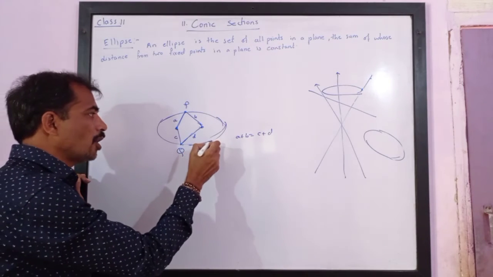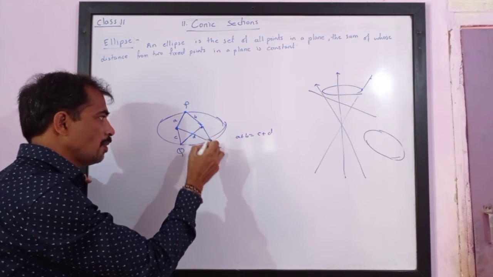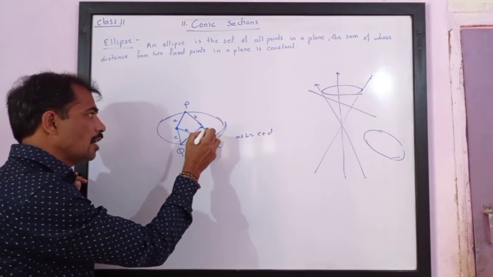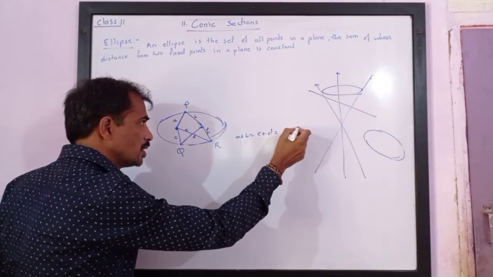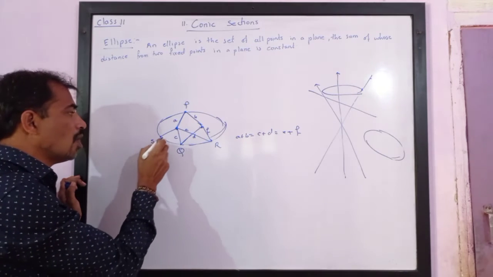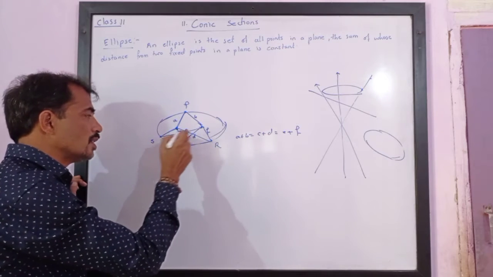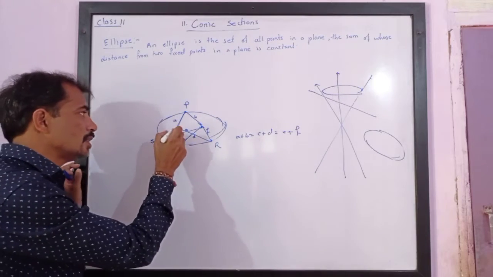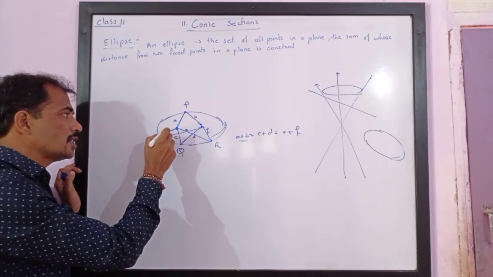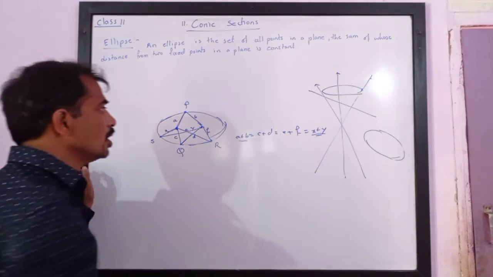Or if you take any other point R on the curve, then the sum of the distances from the two fixed points is always the same. So if these are E and F, then this will be equal to E plus F. If there exists another point S on the curve, then it is also the same. The sum is always equal to the sum for the other points. So if the distances are x and y, then you will notice that this is equal to x plus y. Please note.